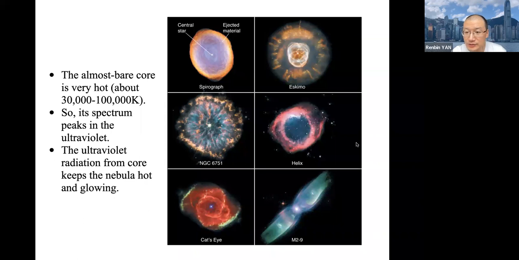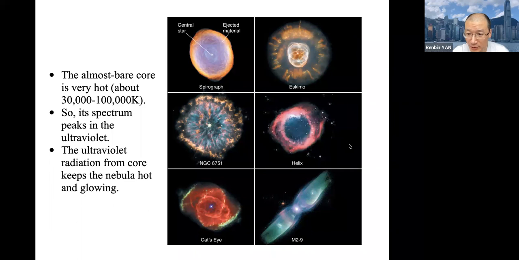There's a question. There are two questions. One is, what about the black hole? They won't form a black hole yet. For sun-like stars, the mass of the star is not heavy enough, so it will not continue to compress the star even more, so it cannot reach a density to form a black hole.